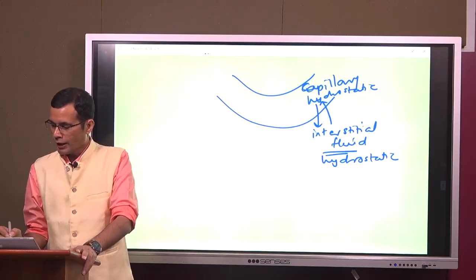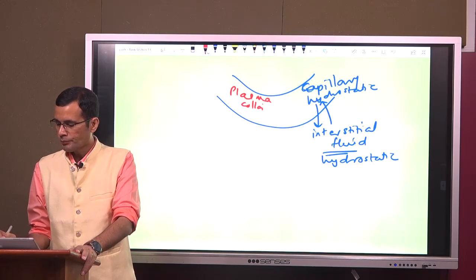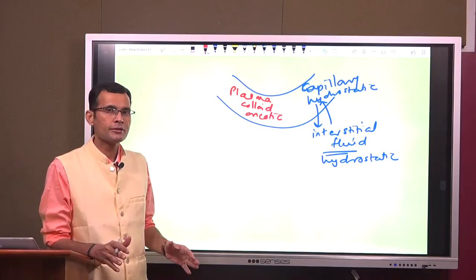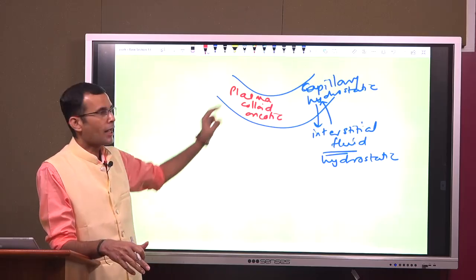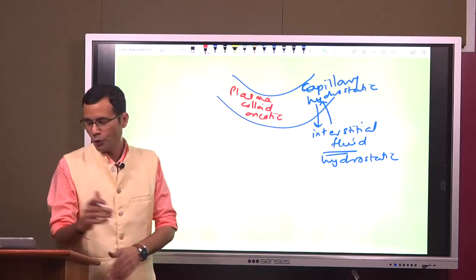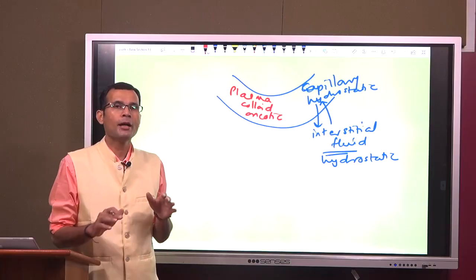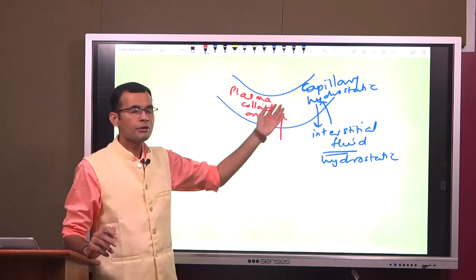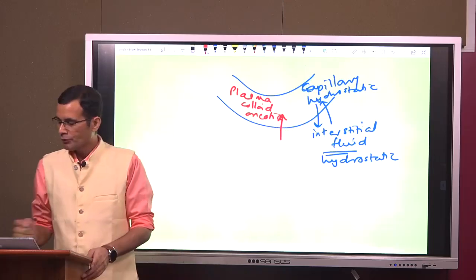Then we also have plasma colloid oncotic pressure, or osmotic pressure. This is a force exerted by the proteins. Plasma proteins exert plasma colloid oncotic pressure, and this force pulls the water towards it by osmosis. So plasma colloid oncotic pressure will pull the water or filtrate back into the capillaries, whereas in